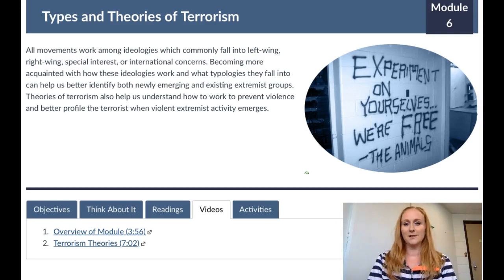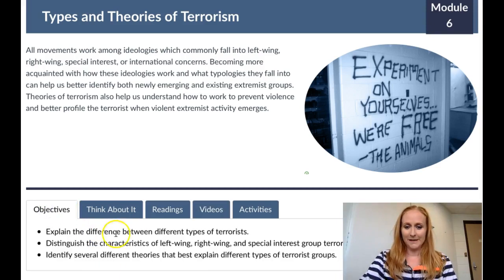So this module's interesting in looking at the ideologies of different groups and some of the things that matter to them, the political spectrum of the causes they tend to be aligned with, and the kinds of behaviors and demographics we see with these groups, as well as targets, the profile of these terrorist actors. So it's kind of fun to see this stuff in action so we can do better identification.